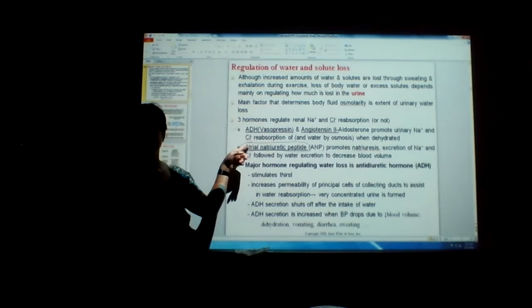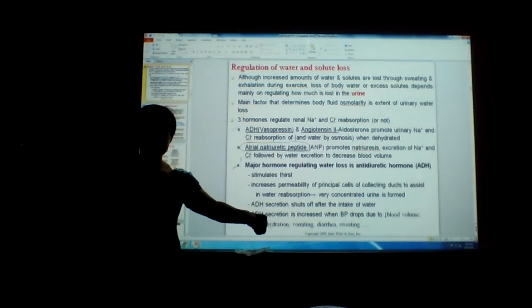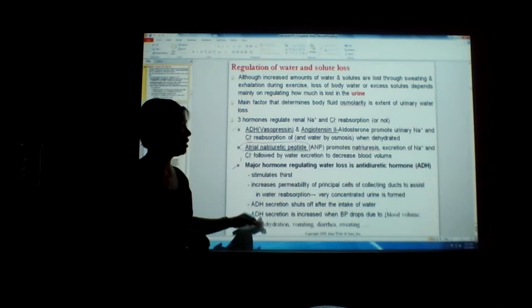Where is this being released from? The atria of the heart. So if there's increased blood volume, it expands, right? The return of blood into the atrium is a lot. It expands the atria, and they respond by releasing this hormone. And then it goes to your kidney to promote natriuresis, or the release of salty water from your body. And that's how you maintain water balance. Too much water can lead to what we call water intoxication.